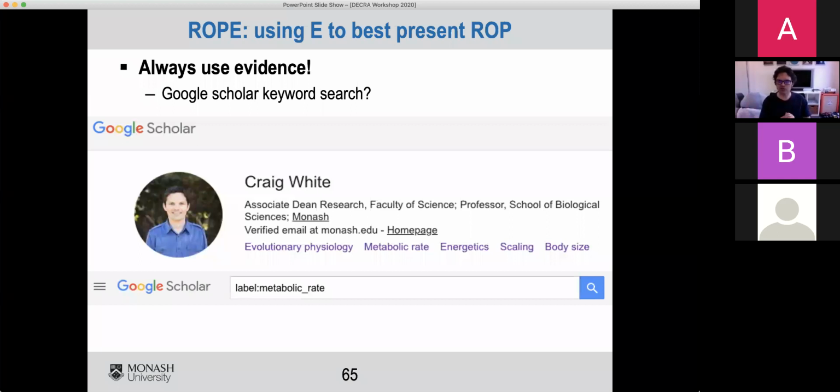If I was to use energetic scaling, there might be just a very small number of people who use that combination of words. And then I might be able to get a set of individuals where I'm the top ranked person in Australia based on this Google Scholar search. It doesn't matter so much exactly what the Google Scholar search is. What matters is you've defined a set that seems reasonable and puts you in a good light.